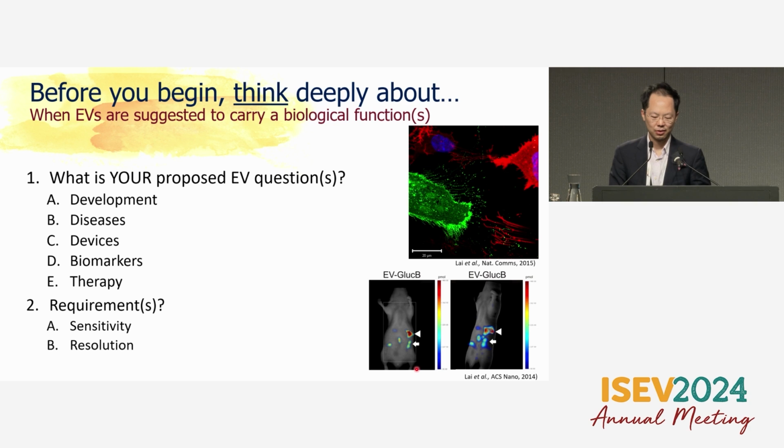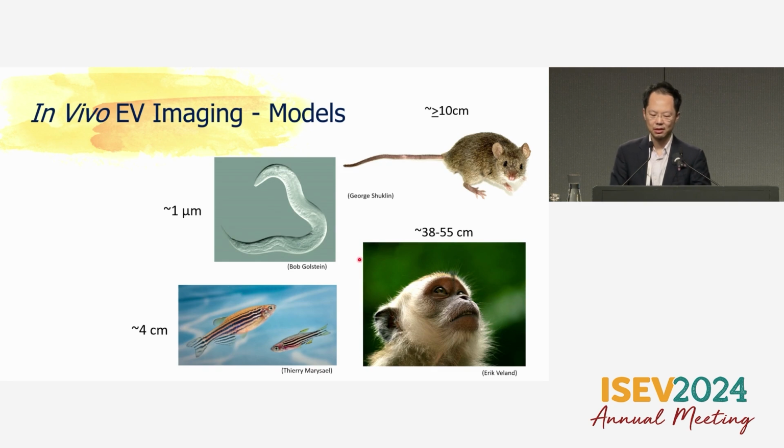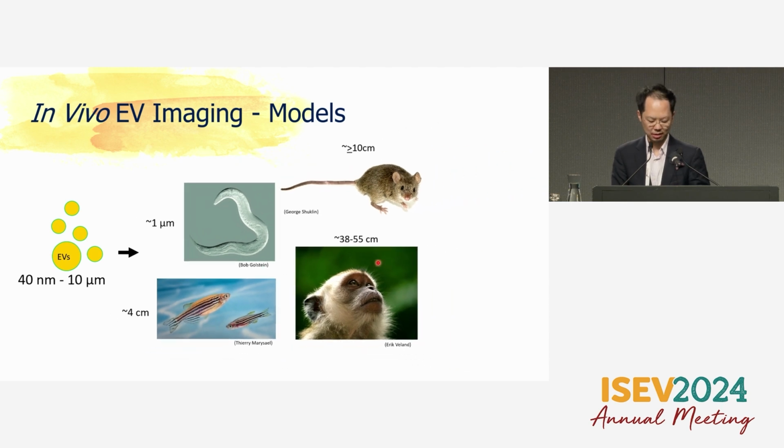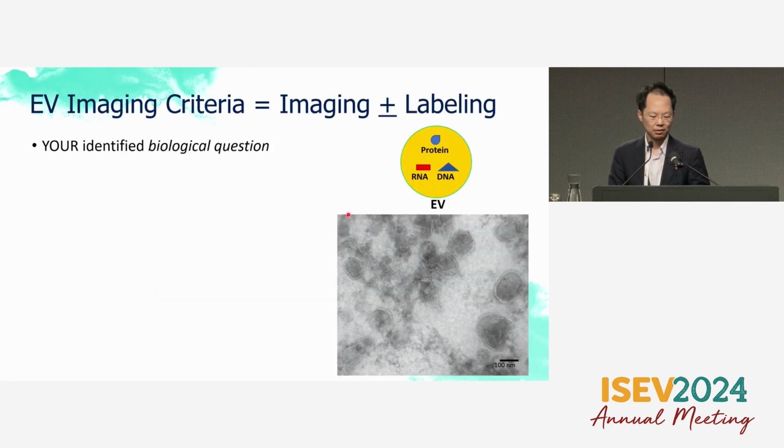So to go into further, I would emphasize on in vivo studies. I think a lot of people use different organisms and model to do their study, and this is something to really think about when you're trying to label and visualize your system, because they are with different sizes. And if you're trying to see the vesicle biological activity inside these model organisms, you really have to think about how you wish to label them and how you wish to image them. Now, after you've identified your biological questions, then you have to think about specificity. So can you label your vesicles specifically? Does it yield accurate spatial as well as temporal resolution?